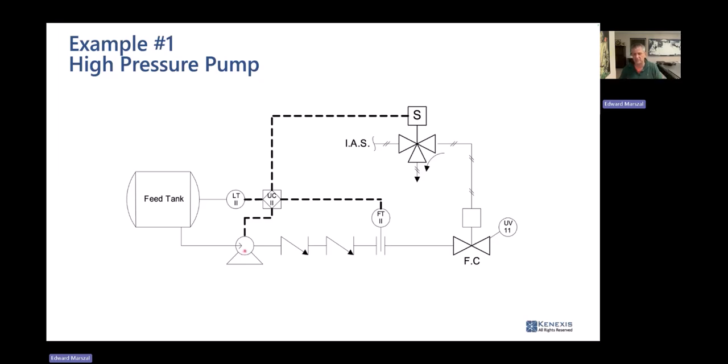I'm going to destroy its seals. I'm going to get a leak of hydrocarbon, which could catch fire, and I could have a large pool fire. Well, a large pool fire, because you blew your seals on the pump, is a completely different hazard from overpressuring and launching this feed tank, even though the same flow measurement is going to tell you that both hazards are